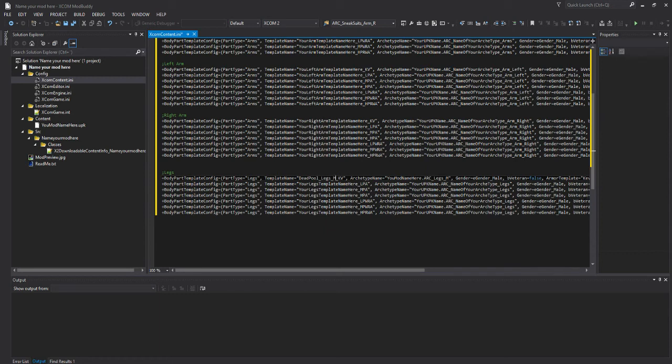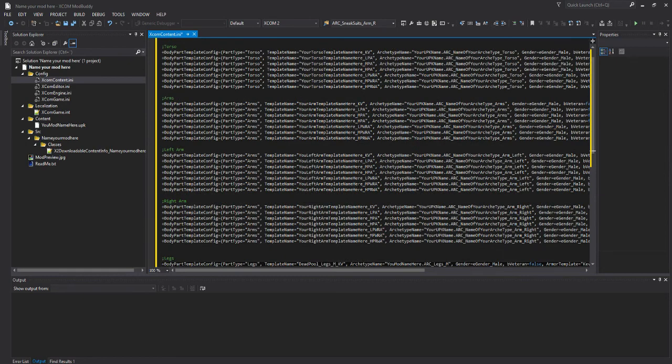But since we did the legs, we don't need to add anything there because the legs can't be named. It's only the arms and the helmets and any decorations, but we're not going to cover decorations in this one. Okay, so now the legs are set up, and then we open